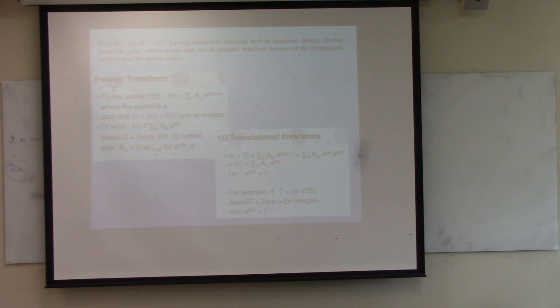Should be the same, right? That's the translational symmetry. This property at this point and this point should be the same thing. Is that clear? So now I can write, if you have any property that depends on this periodic dependence, I can write this one as some kind of